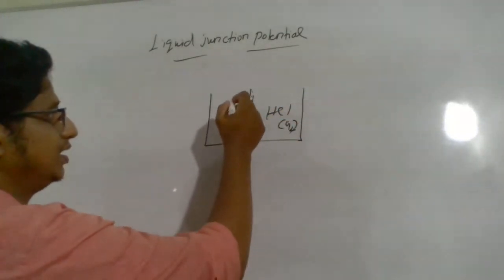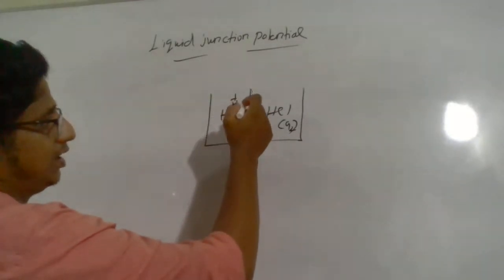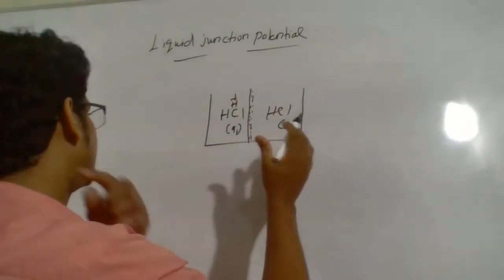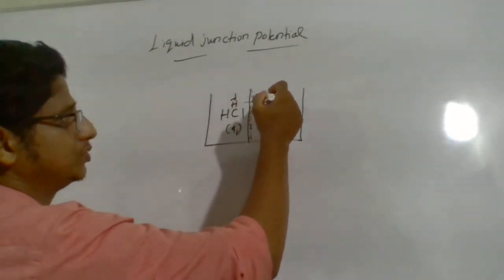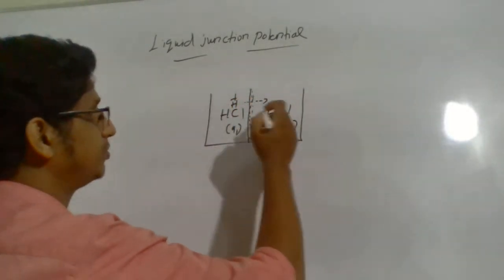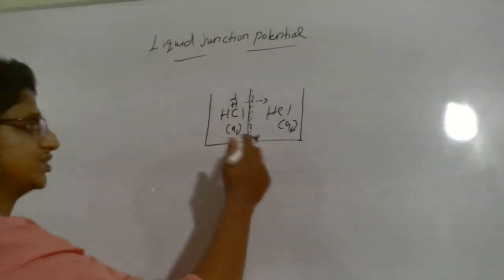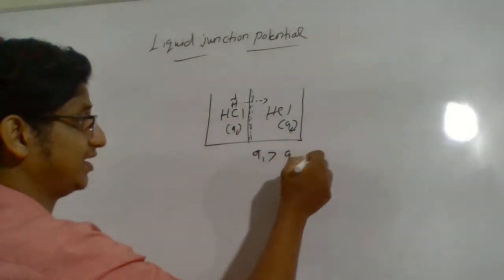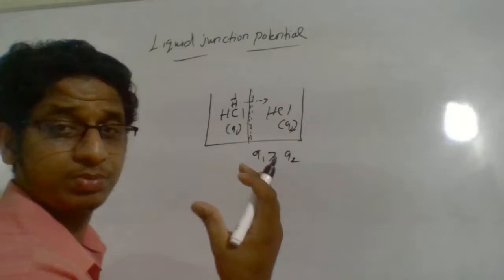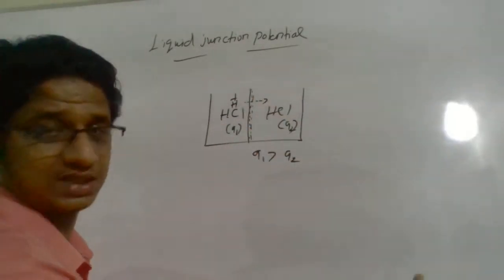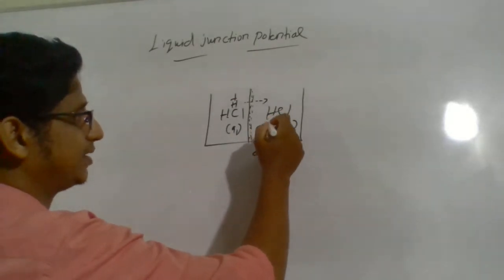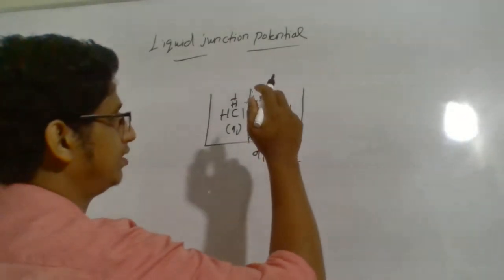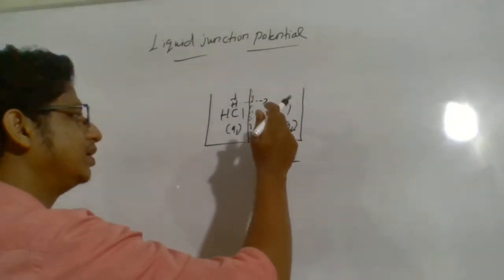Then you will see, here H plus ion will move to a2, because the concentration of a1 I am considering is greater. So H plus ion, which is a smaller ion, will move faster compared to Cl minus ion. Similarly, Cl minus ion will be moved from